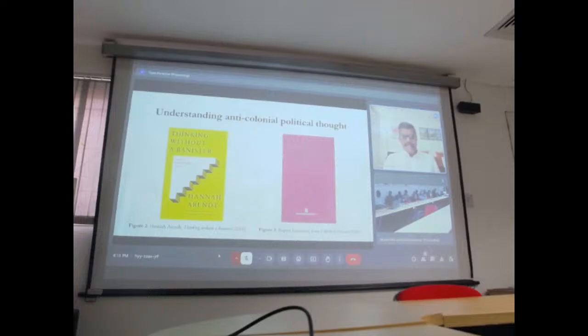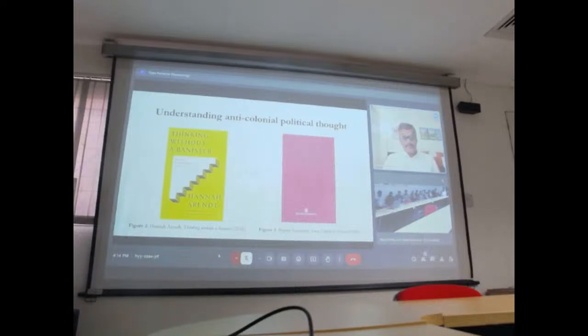This was that anti-colonialism had been a fundamentally diffusionist project. It was seeking to extend the kinds of political institutions and ideas which had triumphed in Western Europe after the Age of Revolution. So institutions like the nation state, like party politics, and most importantly, representative government as the expression